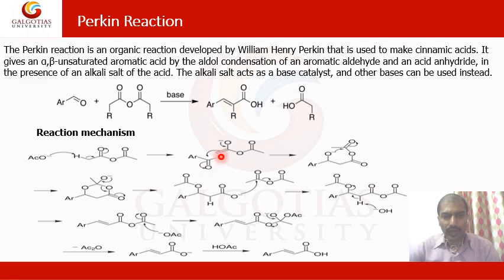After a number of rearrangements, the aromatic aldehyde is also there. Now this unsaturated group, or these electrons, will attack over here on this ketonic group, and you can see a half-ring kind of structure is being formed. The negative ion having the oxygen will react with this ketonic group, so a ring kind of structure will be formed. Again, after the rearrangement, when this bond breaks down, the ketonic group will form again, as you can see here.